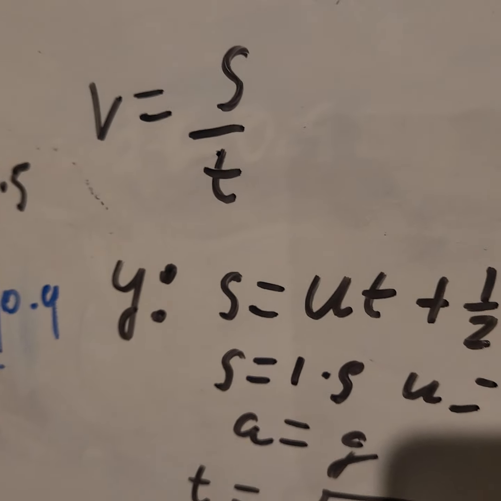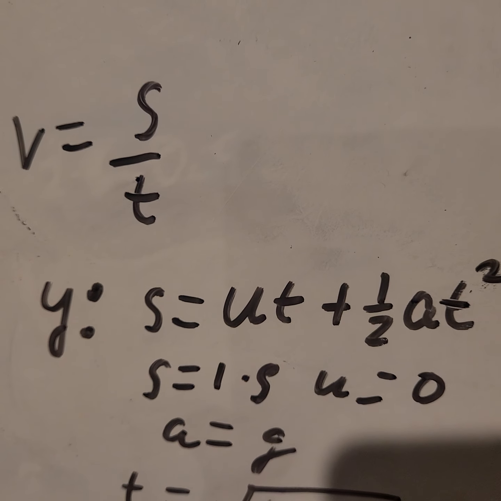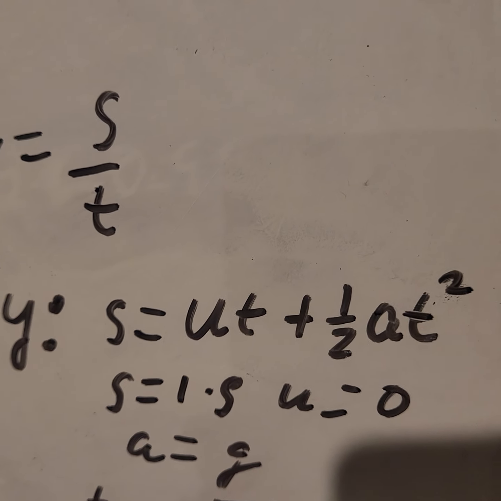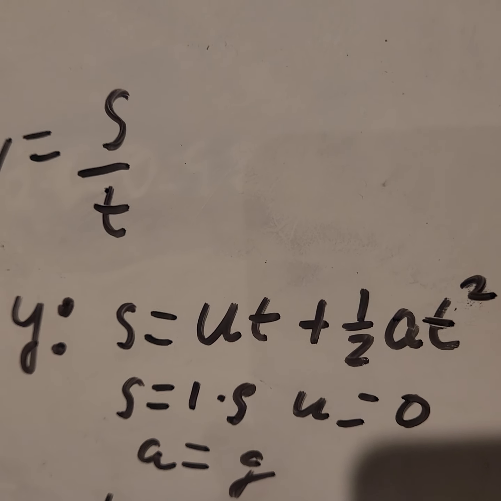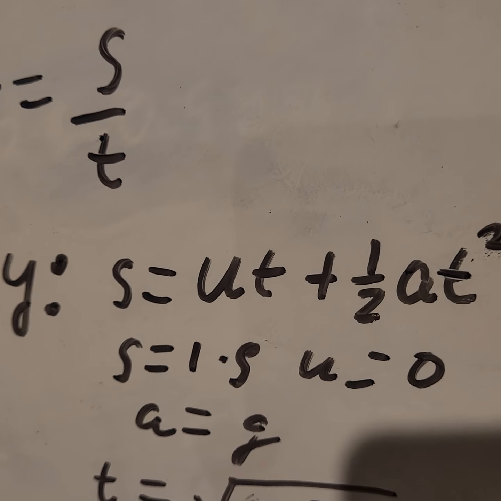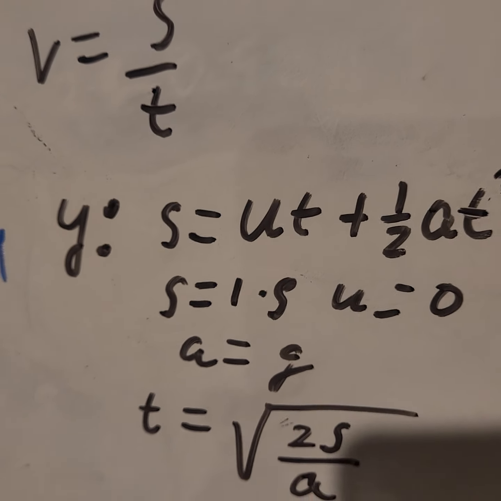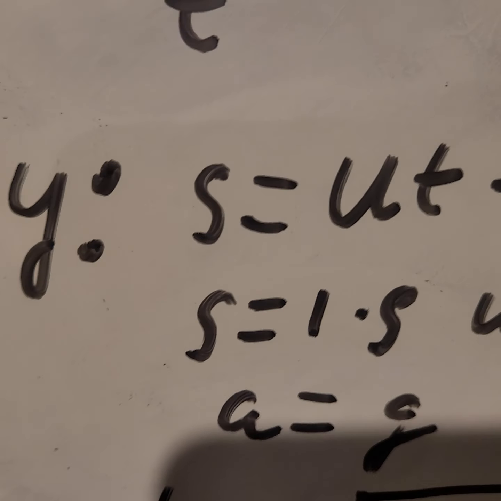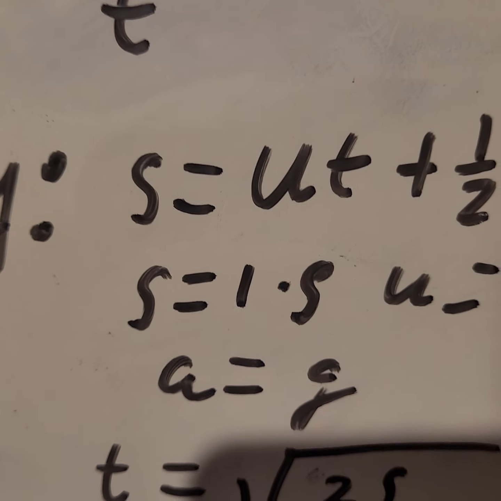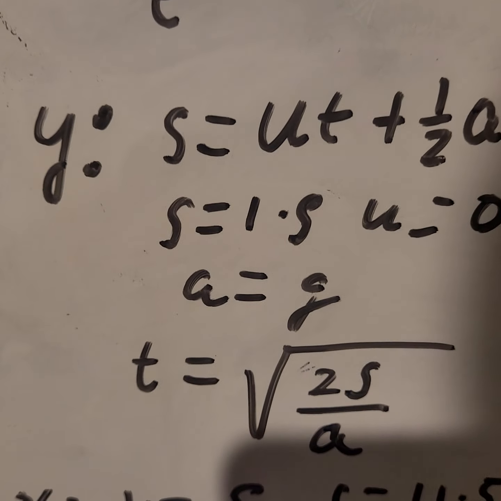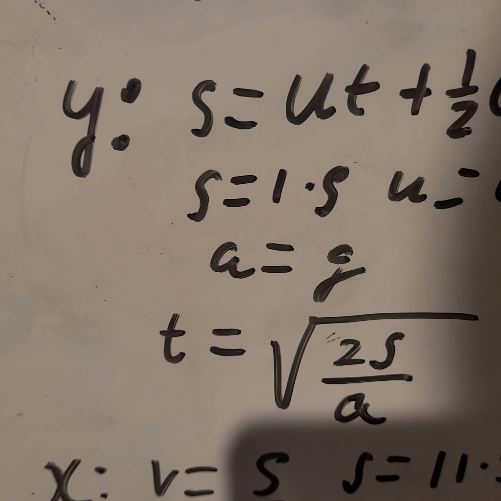So if we have this equation here, s, the distance, is equal to the initial velocity multiplied by time, plus half the acceleration multiplied by t squared, we can rearrange that to find t. So if we say s is equal to 1.5, u, the initial velocity, is equal to 0, and a is equal to g, the acceleration due to gravity, we can rearrange to find t like this. So if we have this t,